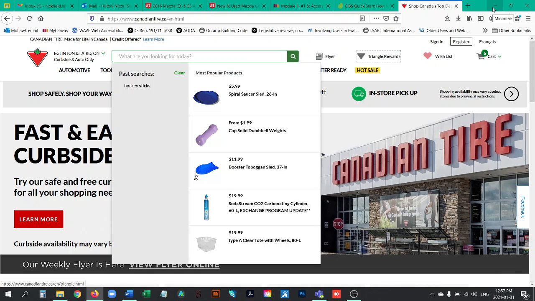Oh, that drop down search bar doesn't go away. Not sure why. The triangle rewards that I'm on now has a different visual keyboard focus. It's blue all the way up. Yeah, I'm not sure why.